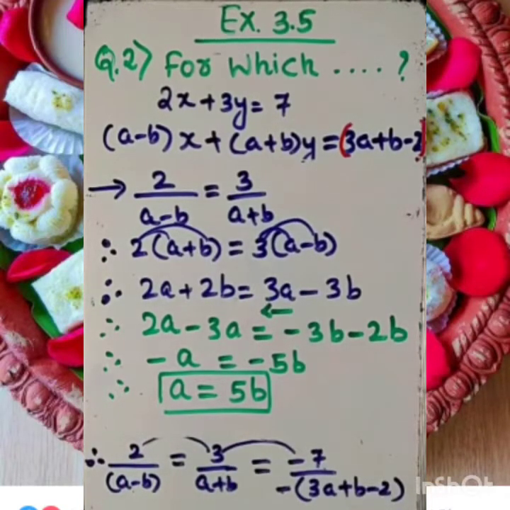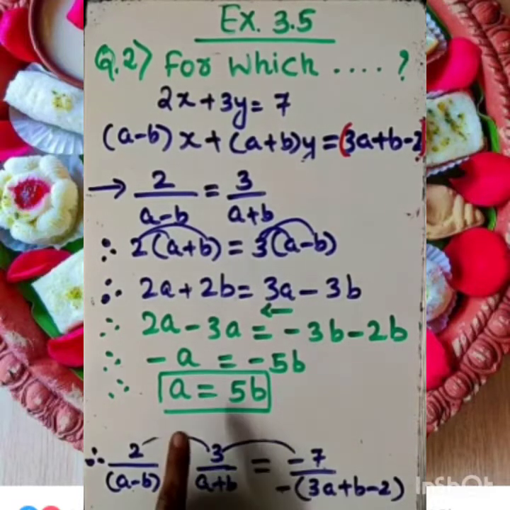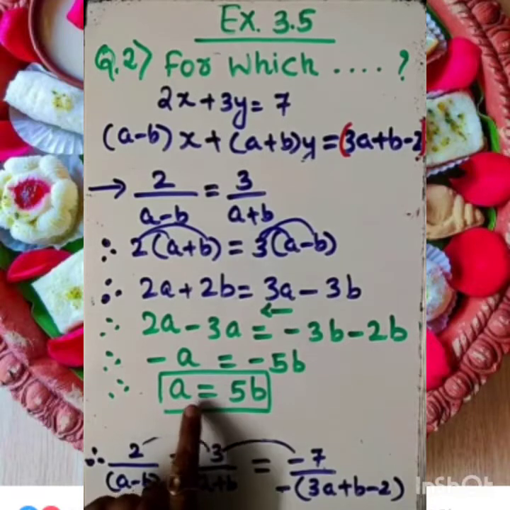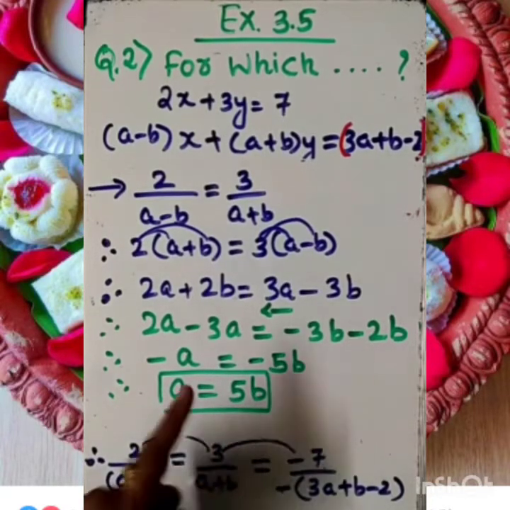Now second time we are comparing. What are we going to do? We are comparing this with this. There are two options. We can compare this, already we have compared with this. Now we can compare this with this. If not, then we can compare this with this also. Whatever you feel comfortable to go with, no matter. Both ways the answer will remain the same. This is a very important result, a equal to 5b, which we are going to apply.